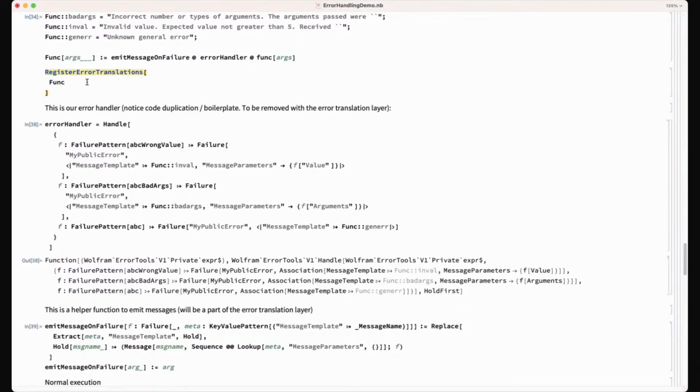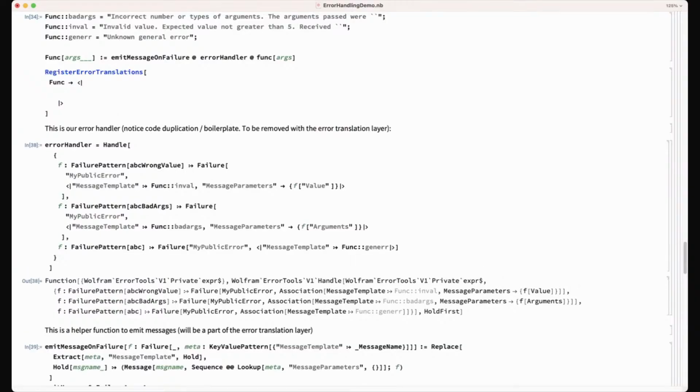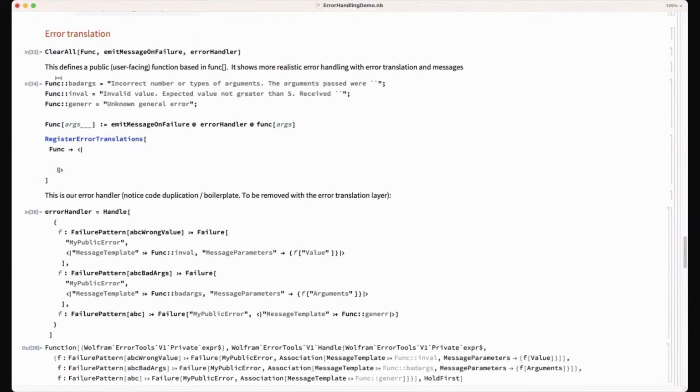It will be func, maybe goes to, and this will be... No, but func is your definition. I'm very confused. It's the public function that you are trying to define. Yeah. That has a real contentful definition. Yeah. Okay. And then it will be something like, for example, ABC wrong value. So this is like the error value of the function func. Yeah. So maybe it should be called that.